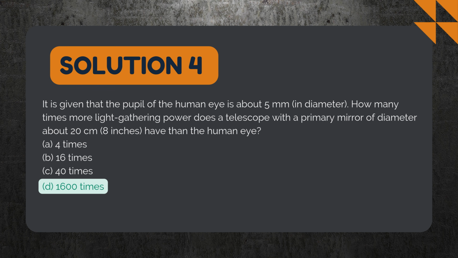That is why even a small 8-inch telescope makes many faint stars visible that are invisible to the naked eye. It collects far more light. That completes our practice questions. The key takeaway: diffraction-limited resolution depends directly on wavelength and inversely on aperture, so shorter wavelengths and larger apertures give better